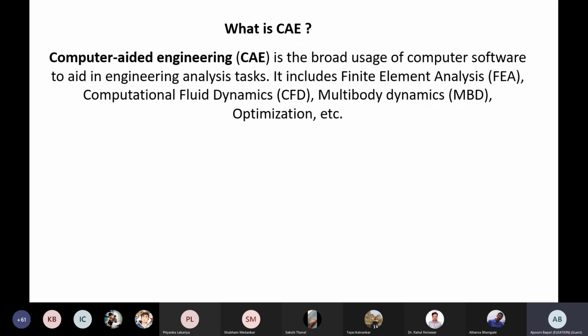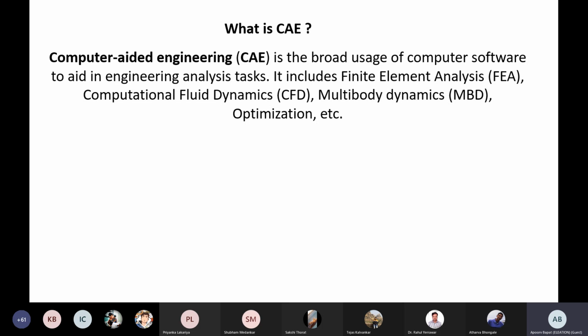So what basically is CAE? CAE is nothing, it's a calculator. CAE कुछ नहीं है, एक कैलकुलेटर है. वो कैलकुलेटर एक न्यूमेरिकल फॉर्मूले के ऊपर बना हुआ है. आप जैसे इनपुट देंगे आपको वैसा आउटपुट मिल जाएगा. सिंपल. सो उस कैलकुलेटर को यूज करने के लिए आपको पढ़ाई करनी पड़ेगी। सिंपल, जैसे साइंटिफिक कैलकुलेटर इज अ मशीन जिसको यूज करने के लिए आपको पढ़ना पड़ता है कि मैट्रिसेस सॉल्व कैसे करना है, कोई आपको बता देगा तो आप मैट्रिसेस किसी भी टाइप के साइंटिफिक कैलकुलेटर में सॉल्व कर सकते हैं। वैसे ही CAE सॉफ्टवेयर्स are a type of